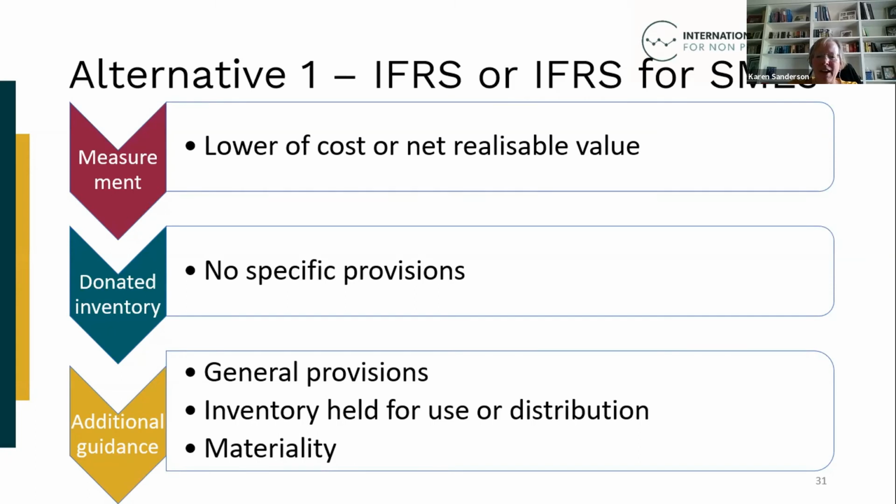We would provide NPO specific guidance, which would cover situations where it might be more practical for NPOs to apply general materiality principles and expense items as they're required. But there would be no divergence from the requirements of this standard. Also, the guidance would provide examples about applying the general provisions for inventory as part of that package.